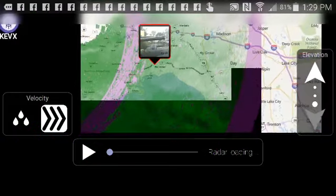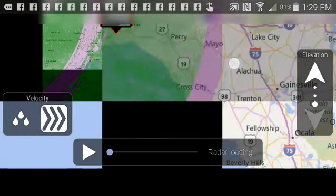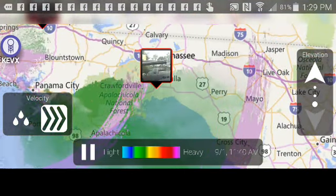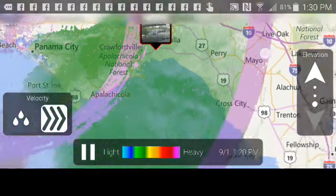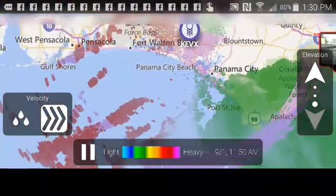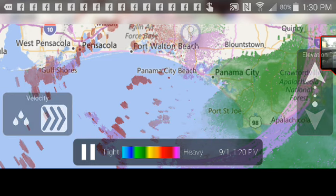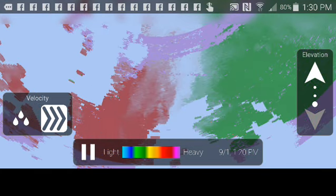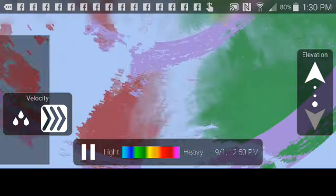And a lot of times you'll see things that aren't strong enough, or they're just not quite issued yet, and you'll actually see it on here before you see the actual warning get issued. And we'll set this in motion, but there's what it looks like, and you can see where this red is meeting the green. That's not really telling you anything because that's in line with the station. So this green is moving toward the radar station, the red's moving away. So right there is the line where it goes from toward the radar station to away. If you actually see a pocket of red in the green or a pocket of green in the red, then